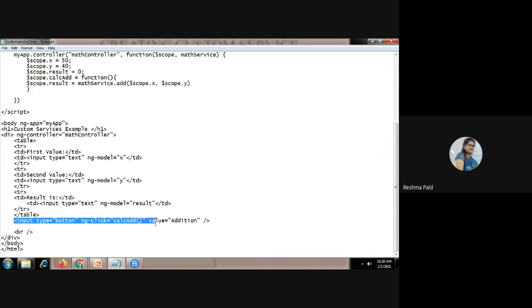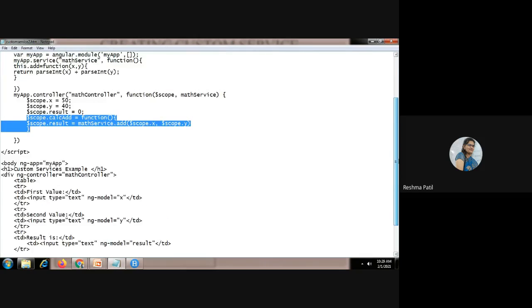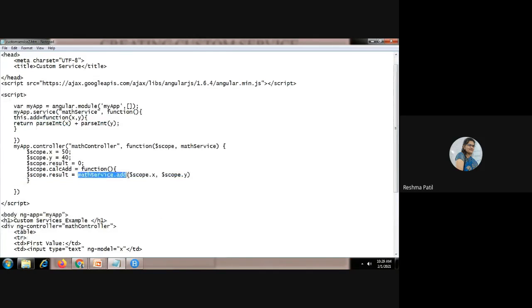Here is the button. Here we are calling the calculateAddition function, which is here. Now in this function, we are calling the custom service MathService.add. So go to that service. Here is that service. We are passing values of x and y, that is 50 and 40.